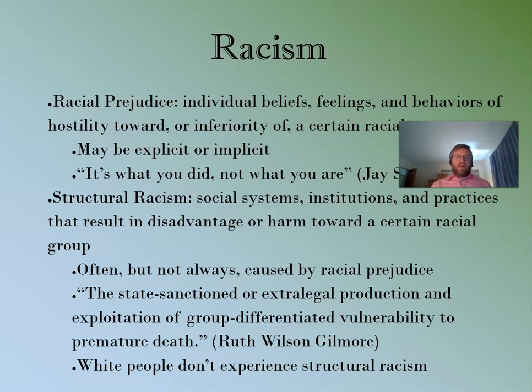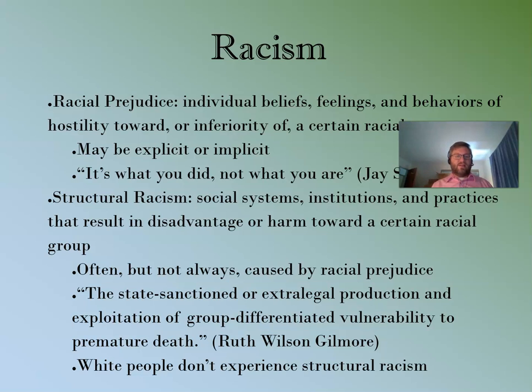So another way of looking at structural racism is captured by this quote by Ruth Wilson Gilmore, who's a geographer that has worked on the geography of race and racism for a long time. She defines racism as the state-sanctioned or extra-legal production and exploitation of group-differentiated vulnerability to premature death. So I want to highlight this particular definition because it gets really explicit about the outcomes that we have from